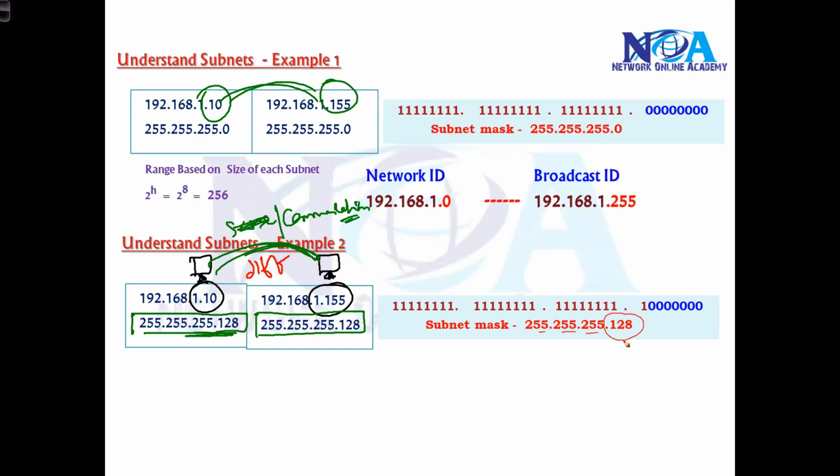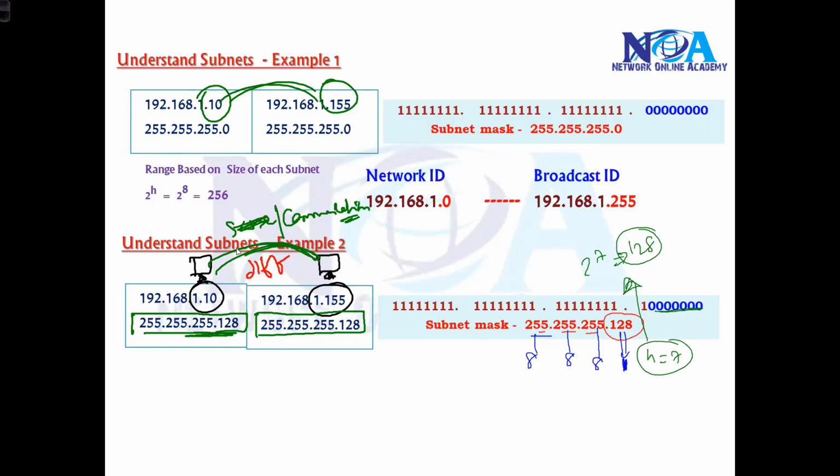So when I'm writing the subnet mask 255.255.255.128, this is the decimal format which we write in our machines. But the logical representation is: we got 8 network bits, 8 network bits, 8 network bits. 128 means there is only one network bit, which means how many host bits are there here? 7, right? So there are 7 host bits. Based on these 7 host bits, what is the size of the network? 2 to the power of 7, 128. So 128 is the size of the network.